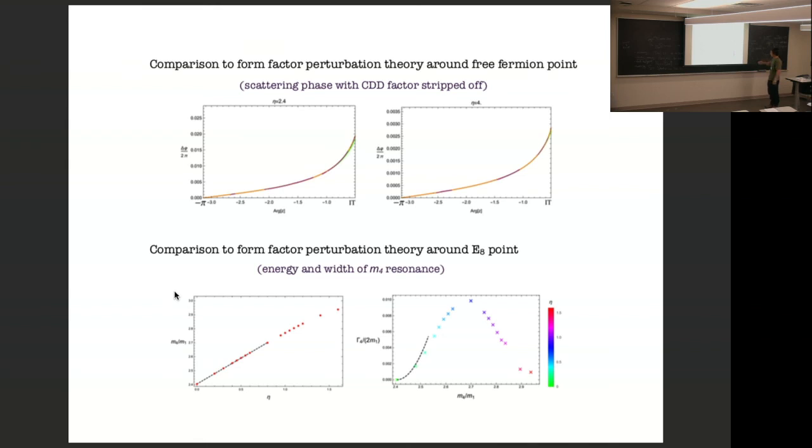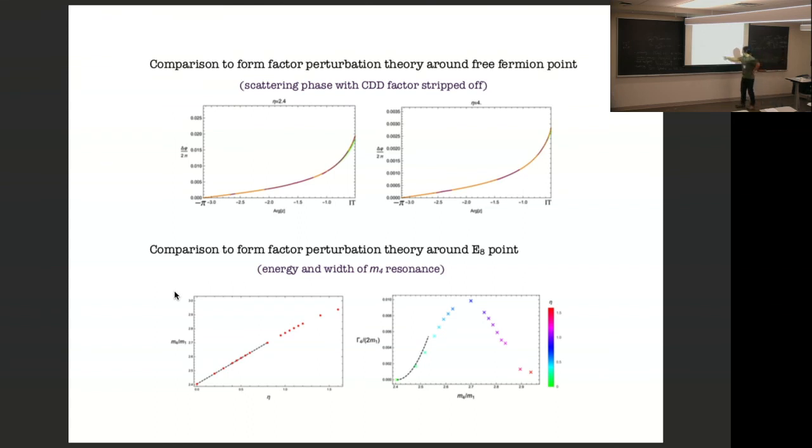These have been solved in the past, and there have been computations of the energy and the width of this M4, the fourth lattice particle, which will change to a resonance as you move infinitesimally away from the integrable point.